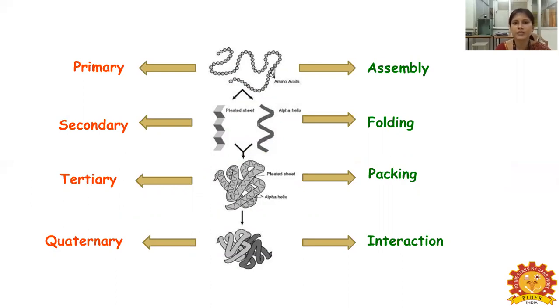When you come to the secondary structure, the single polypeptide chain has some sort of folding, so it may be an alpha helix or a pleated sheet. Next, the complexity comes to the tertiary structure. Here we can see the packing of the secondary structure, so a three-dimensional structure forms. Last is the quaternary structure, where similar 3D structures of polypeptide chains get more subunits that join, so there will be interchain interaction.